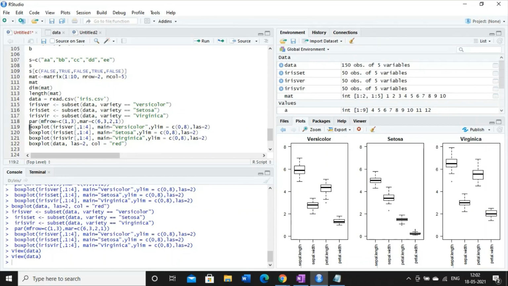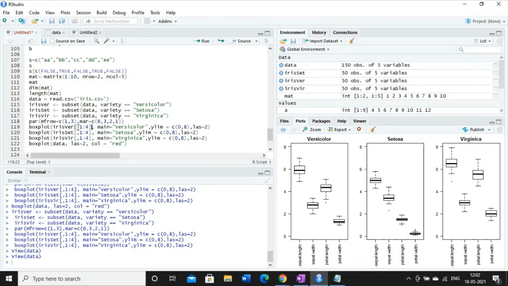And now come to this point. What is the meaning of the boxplot function? We know that. But here try to understand. I have written irisvar. What is the meaning of this? This is the variable in which I have stored my first variety, versicolor. So I have mentioned the variable name. Then I have used the square bracket. You know what the square bracket means: I am going to use a matrix.